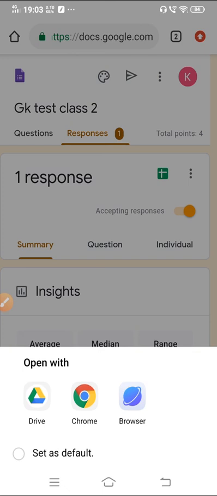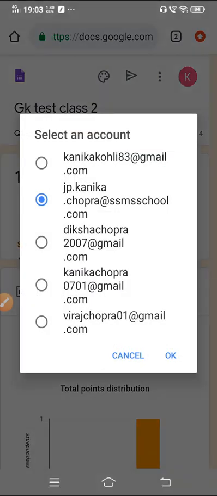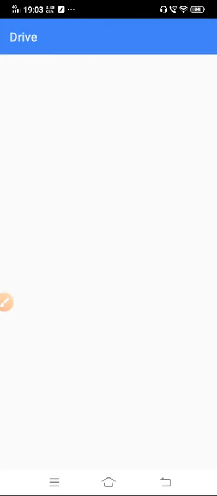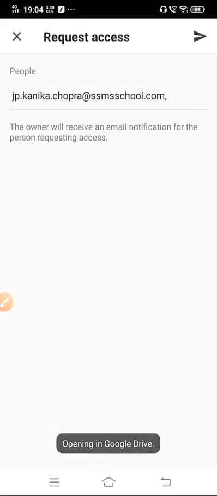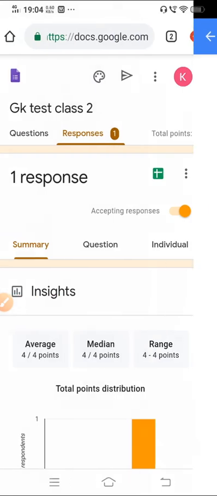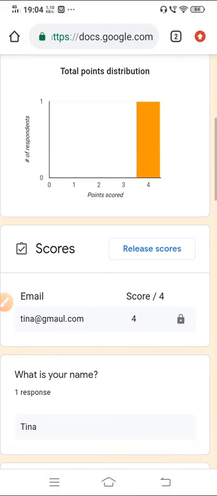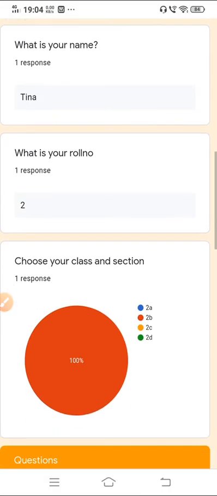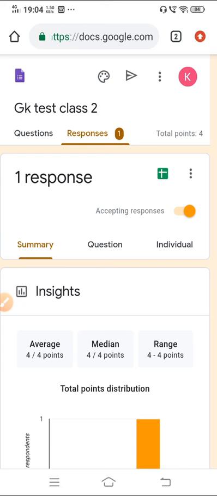I'm giving the option open with my Google Drive. Select the email account. Obviously I'm selecting my official email account, and then it will open the Excel sheet in my Google Drive, and there I can see all the responses of all the children. It's taking time. You can also check your score.